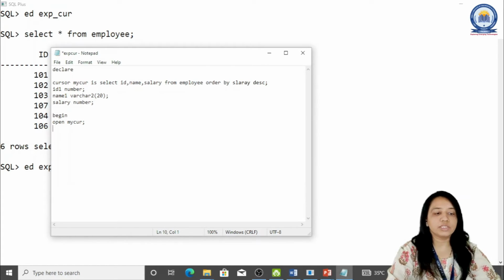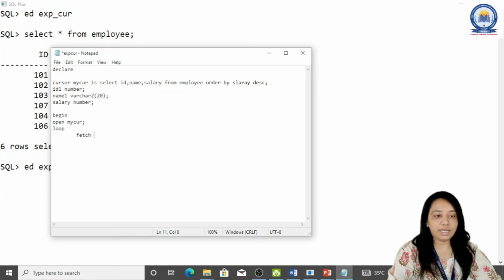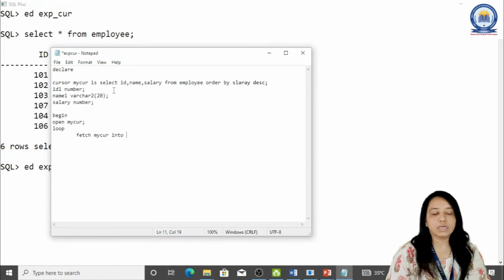So we have to fetch that data, but in a loop. So we'll write a loop, and in it we fetch the data: fetch my cursor into. With my cursor, the select statement is used, in which we select three variables: ID, name, salary.